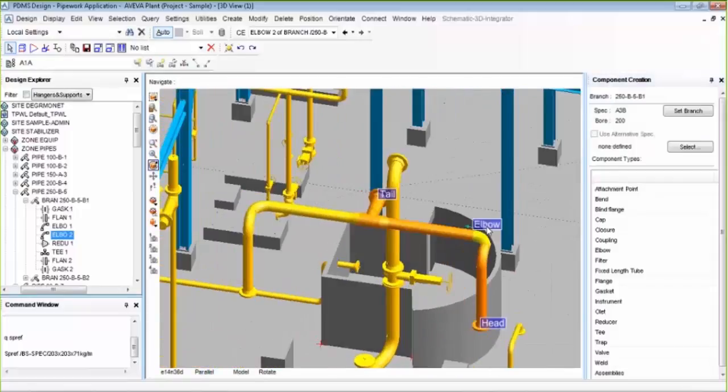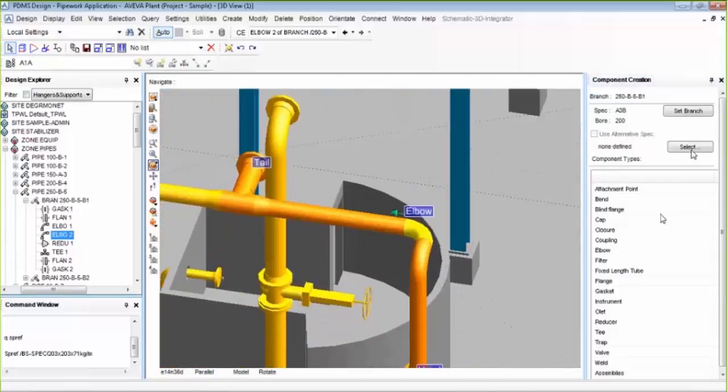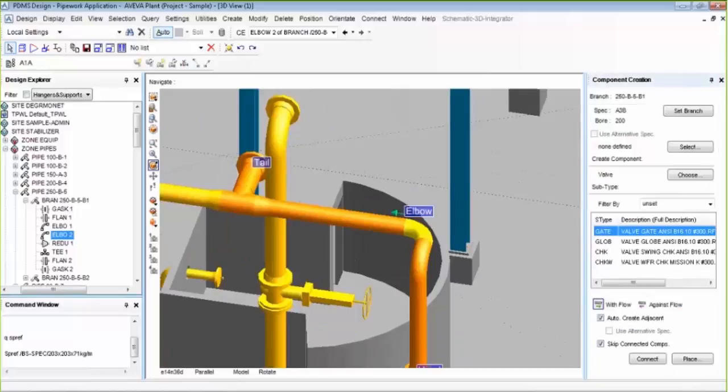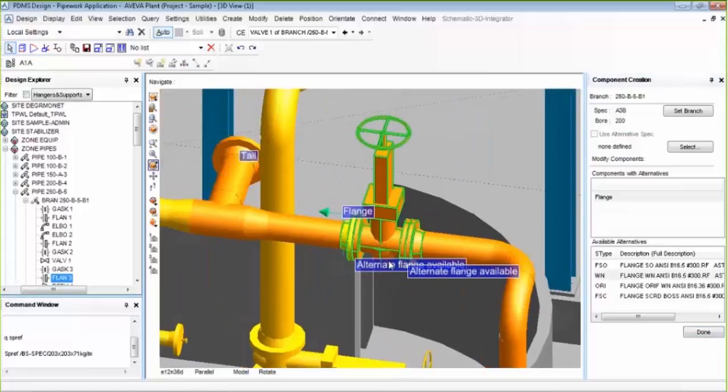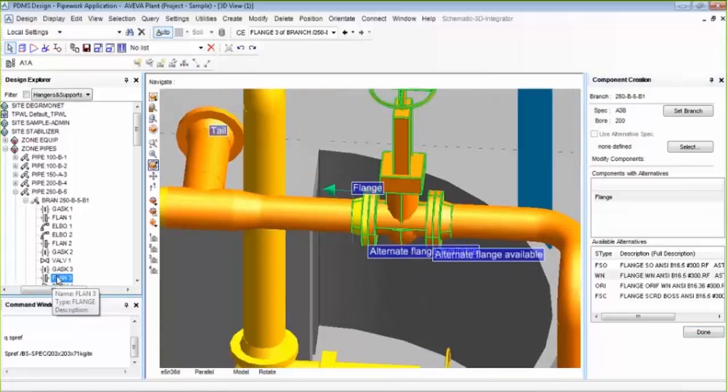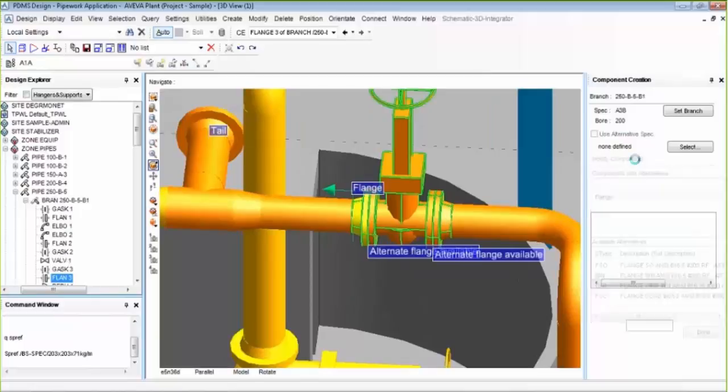If I want to place a valve after this elbow, you just have to select valve. A valve is placed here with connected gasket and flanges automatically.